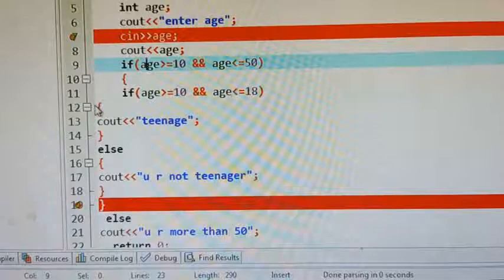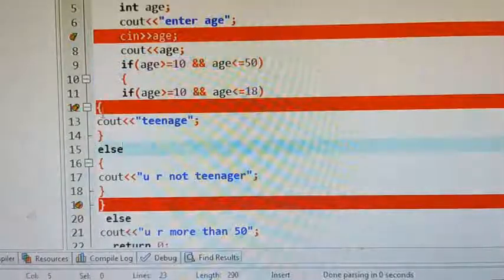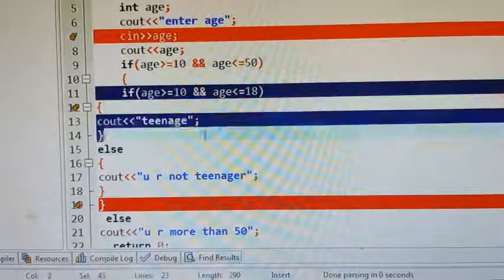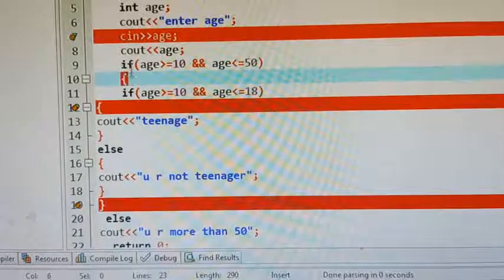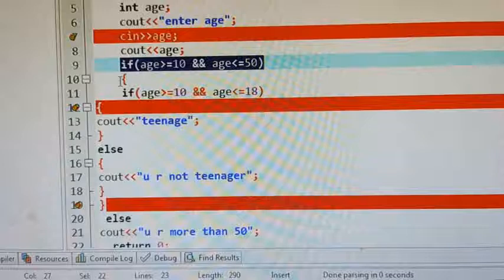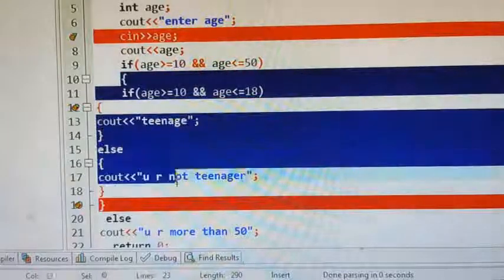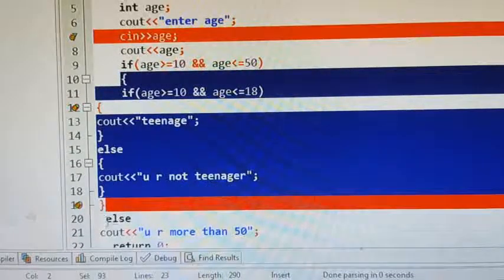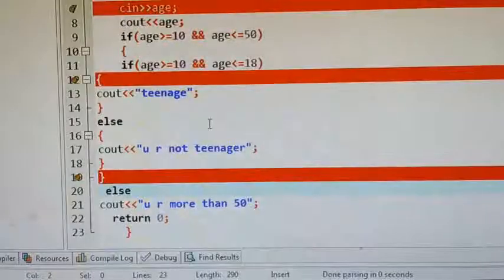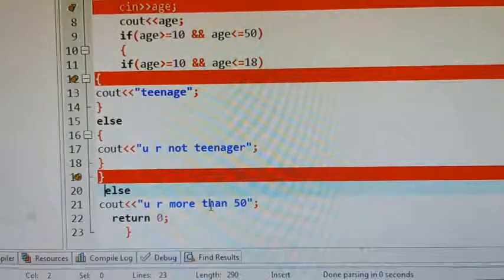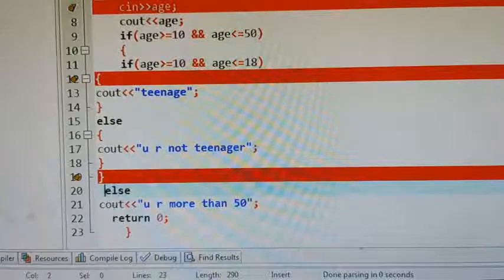And this is a true block. This is a true block, complete. This is one block. Okay, this is a true block and this is a false block. And this is the closing of this if. So for this if, this is complete. It is a true block. Now this else is the false block for the outer if. Okay, understood? Now we'll see the output, whether the program runs successfully or not.